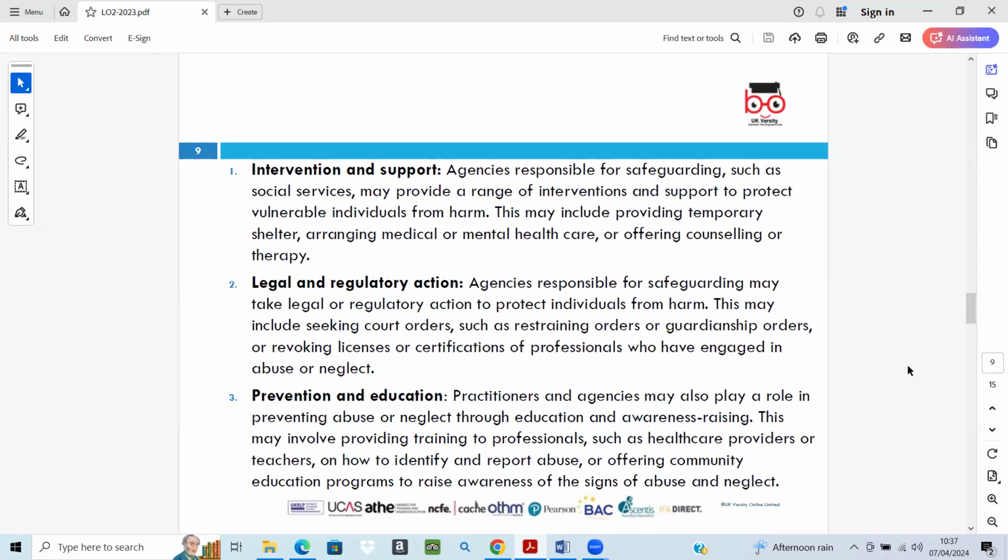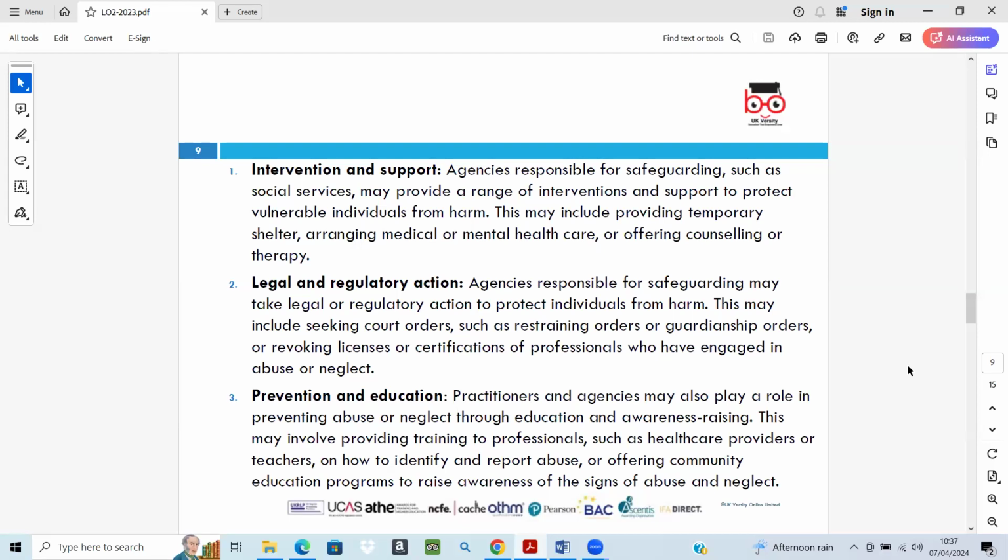This may include a range of services such as providing temporary shelter for individuals who need to escape an abusive situation. Then we may have the situation of arranging for medical or mental health care to address physical injuries or psychological trauma